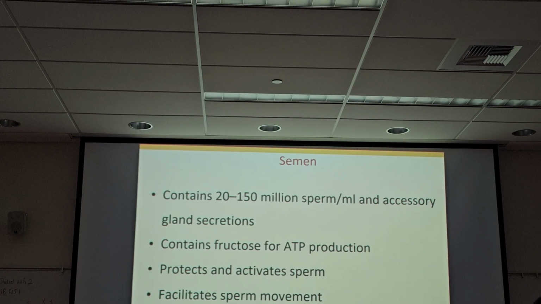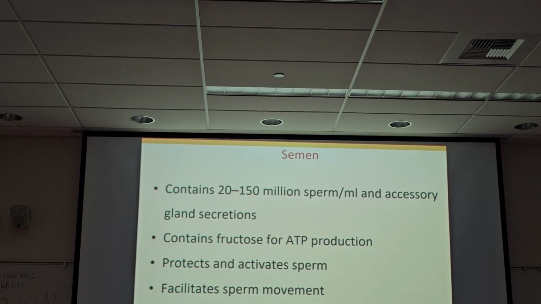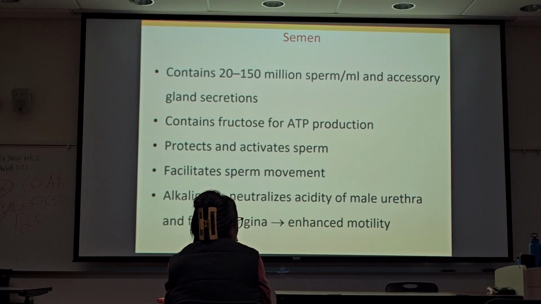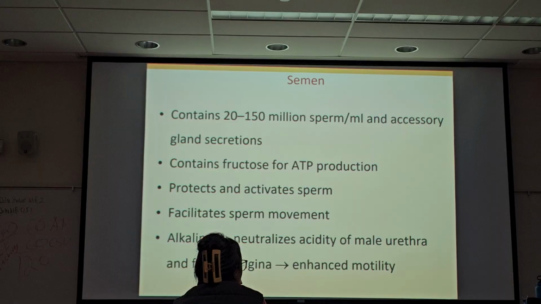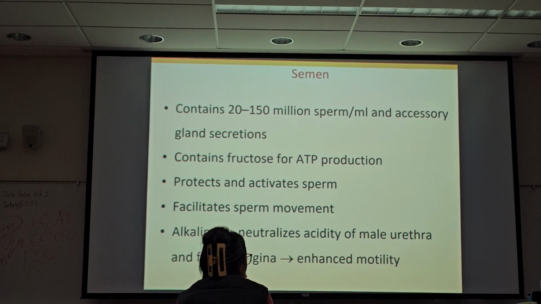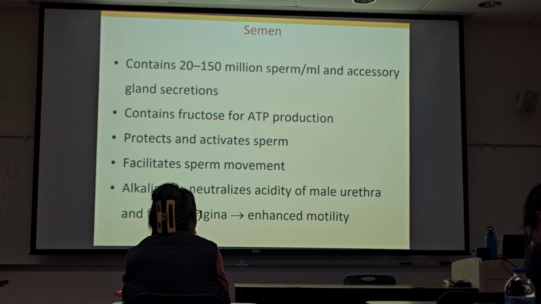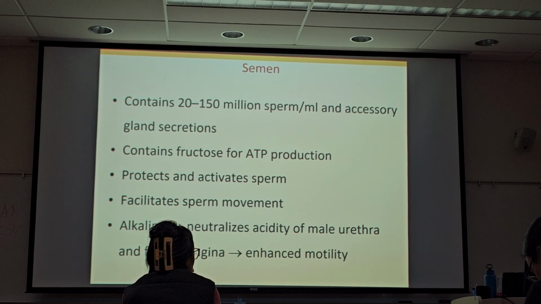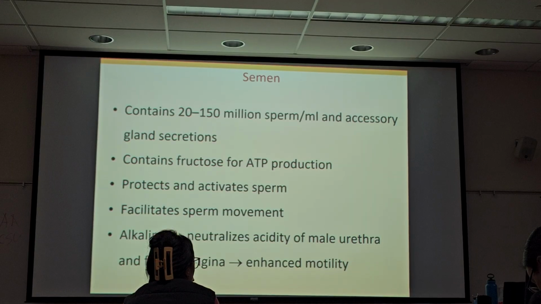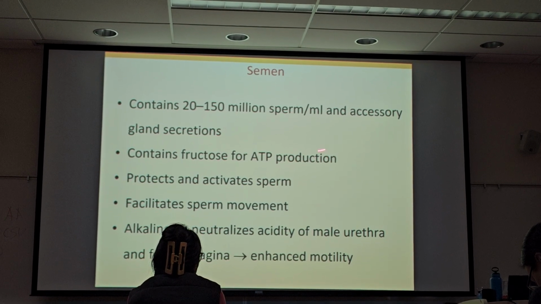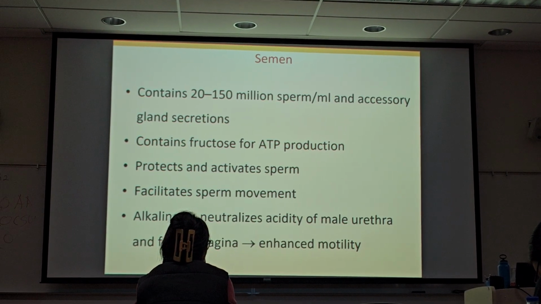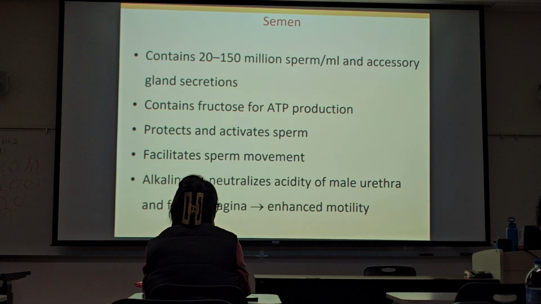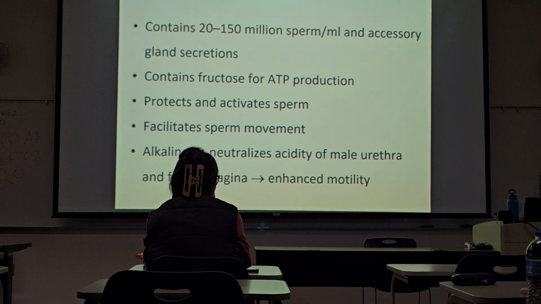start to travel, they meet up with the seminal vesicle that secretes its secretions into the male reproductive tract. Now we're starting to produce semen, which is sperm cells mixed with the secretions that are delivered into the male reproductive tract by accessory glands. Okay? So semen contains sperm, 150 million sperm cells, as well as the secretions coming from the accessory glands and